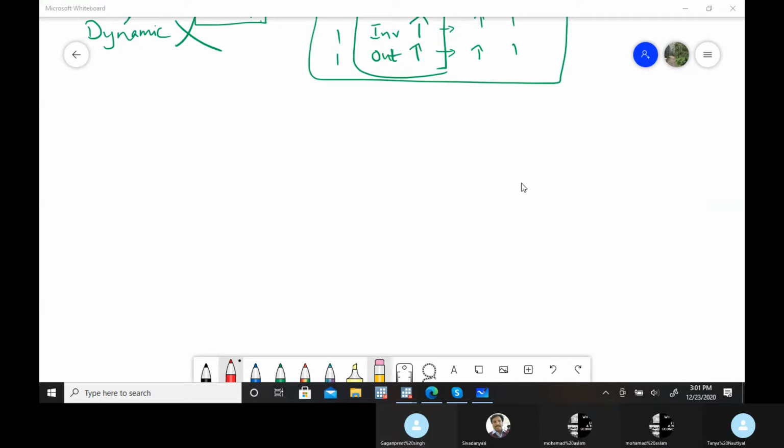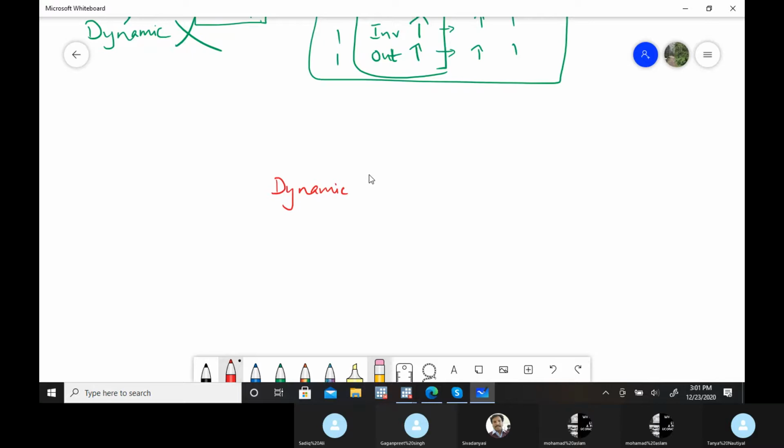So let's continue with the dynamic models that we were studying yesterday. Yesterday we studied this Koyck approach. So in dynamic models, it's an important class.